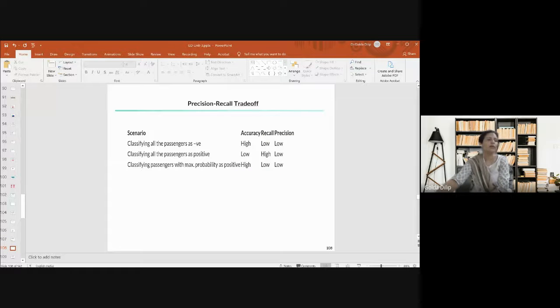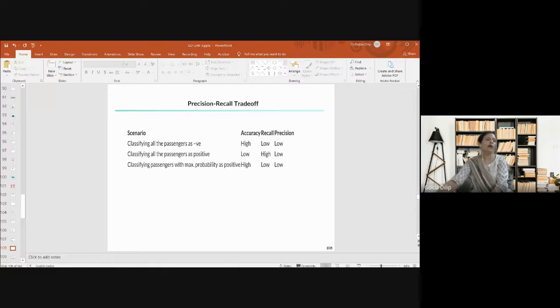You can see here the overall chart of all the different cases I just showed you. In some cases, we are sure that we want to maximize either recall or precision at the cost of the other. But in this COVID scenario, we really want to get the predictions right for COVID positive passengers, because otherwise, if we don't get the predictions right, it will increase the spread of COVID.